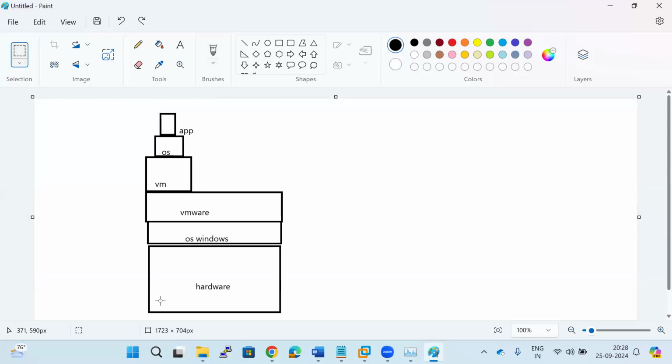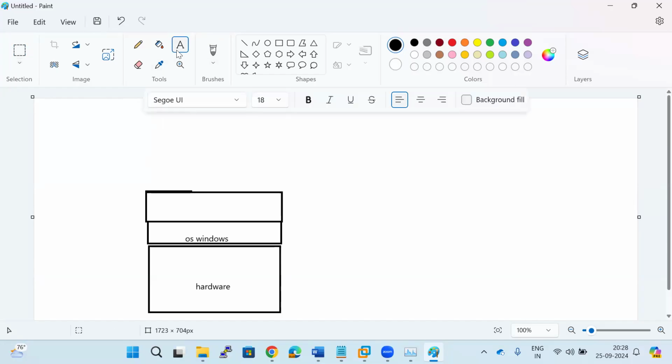In the containers, you will have the hardware. On the top of that, you will have the operating system, but you don't have this virtualization, or else, you don't have this virtual machine. You don't have the guest operating system. Okay, so now what happens in the container? On the top of the Windows operating system or any operating system, we are going to install the Docker engine, Docker containerd, any type of containerization platform. On the top of that, directly we are going to install the